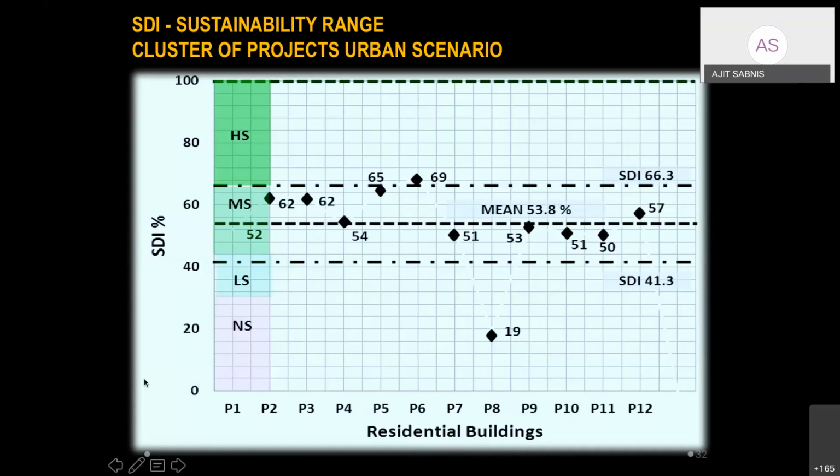So now, as seen in the other areas, there's no project which falls under high sustainability. Again, they all fall under moderately sustainable and low sustainability from the sustainability point of view. There is one project, project number 9, which, when we go back and see, will have the highest interaction value. I don't remember the figure, but what I can do is,